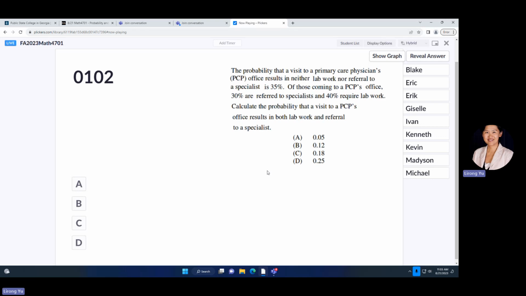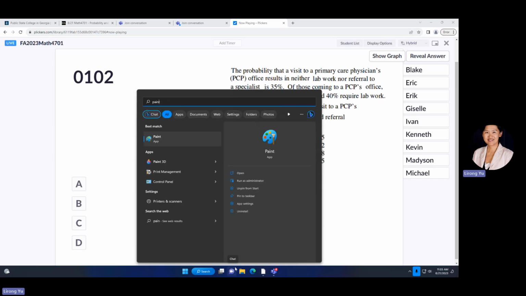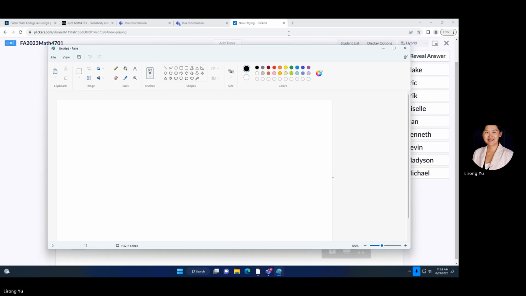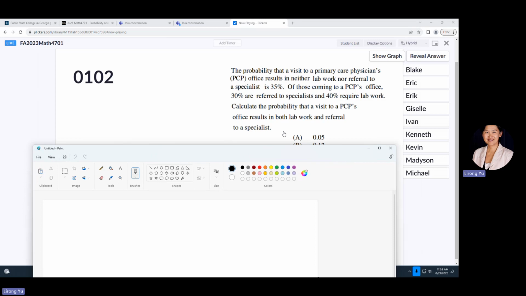Let's try this one. Let me try to explain it with a Venn diagram. I feel like we should talk about the multiplication rule before a lot of other questions, but this one I think we can try to visualize with a Venn diagram. The probability that a visit to a primary care physician, PCP for short, results in neither lab work nor referral to a specialist is 35%. So if we call the lab work event L,